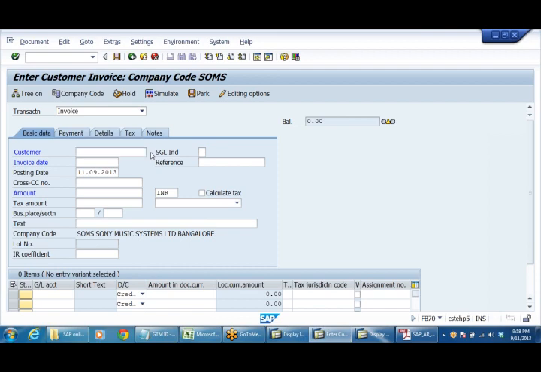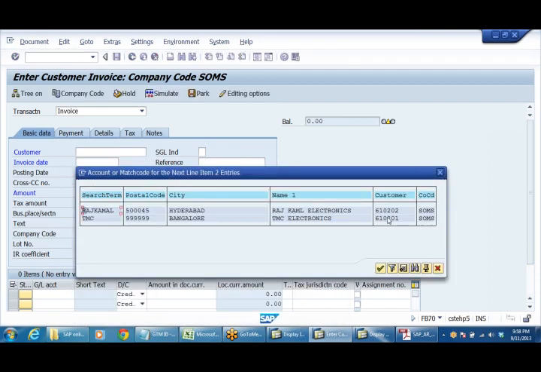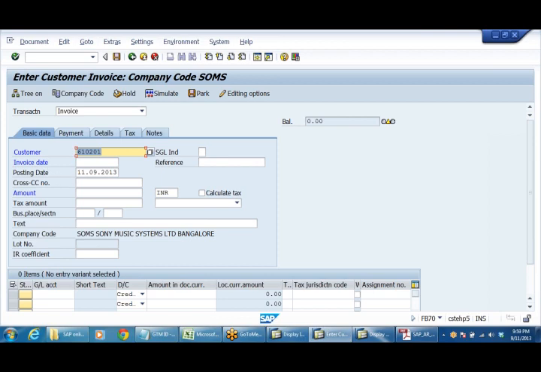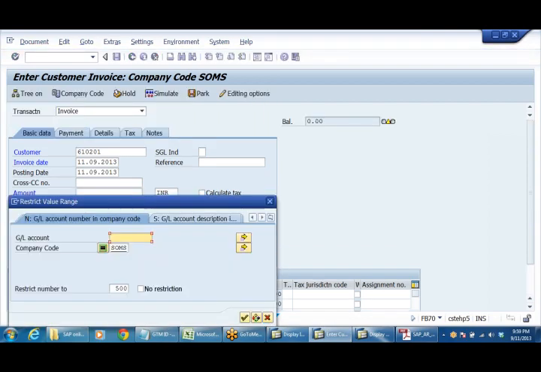See, customer, you can select a customer, 201, invoice date, same today's date I am taking. Here GL account, sales account I need to take.